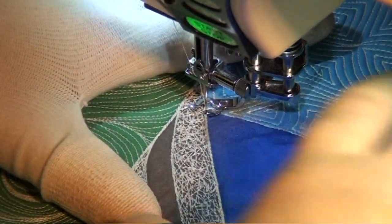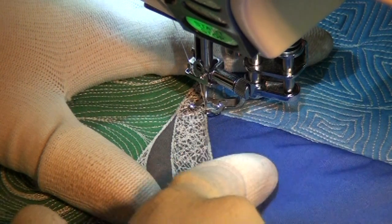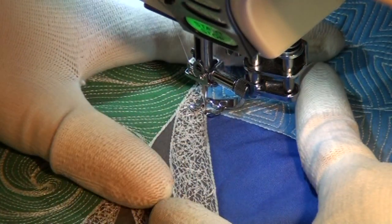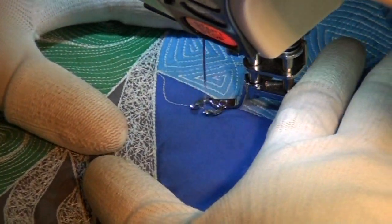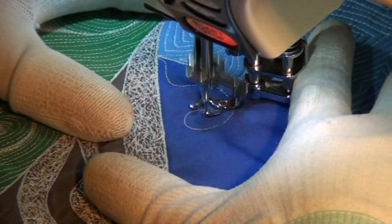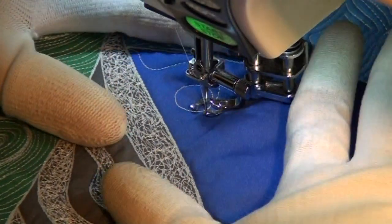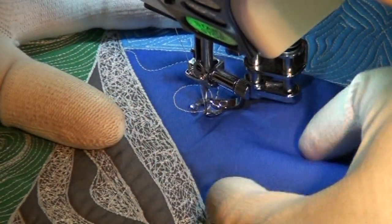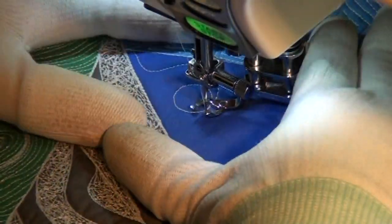I'm going to get started right here in this corner so that way I can kind of work into the area like this, in this general direction. And what I'm going to basically do is just kind of wiggle out and then swirl into a circle. Just like this. That's your base. That's what's going to get you started. Now, and I'm kind of squishing this down. I've got some excess fabric here,